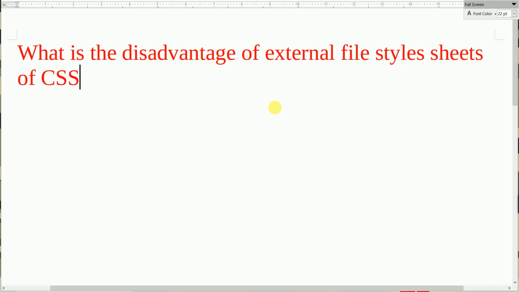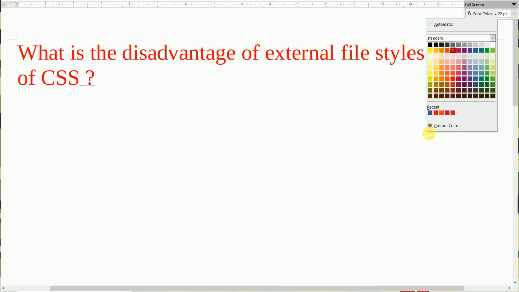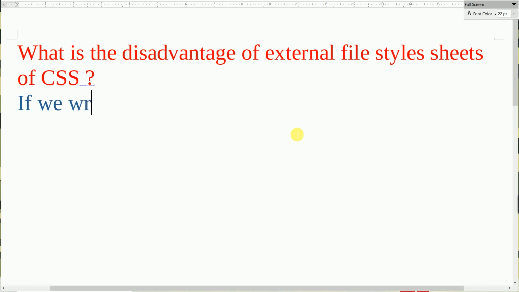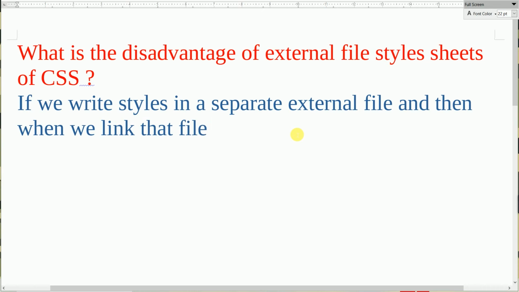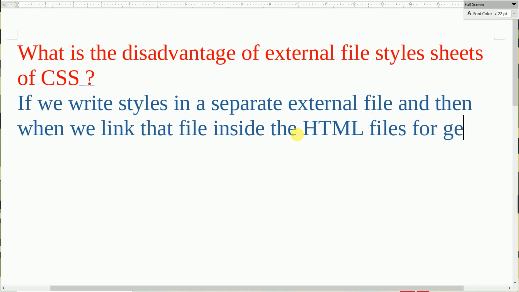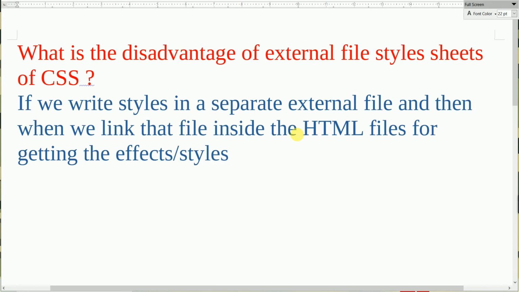Basically, if we write styles in a separate external file, and then we link that file inside the HTML files for getting the effects or styles,